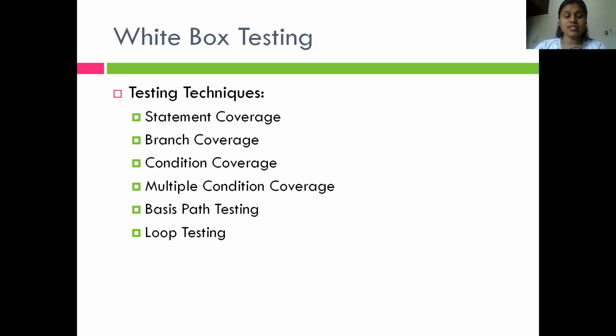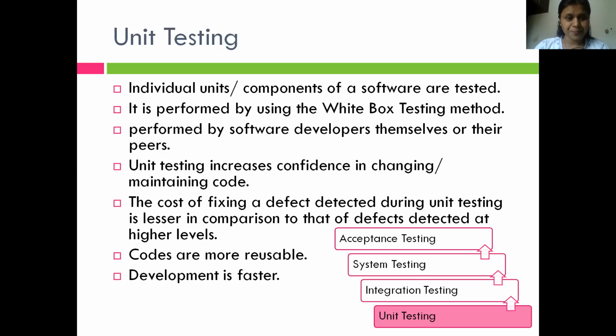Now the next type of testing we are going to cover is unit testing. Unit testing: a complete code is divided into a number of units, and we are going to test each and every unit as a single unit. Your code can be divided into multiple functions. You can consider a single function as a unit, or some group of statements as a unit, or a whole class as a unit. It depends upon you how you choose one single unit for your code.